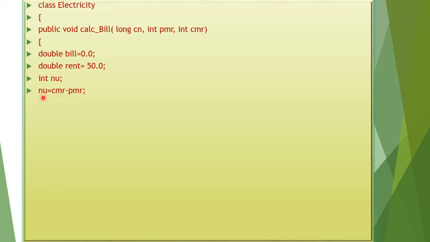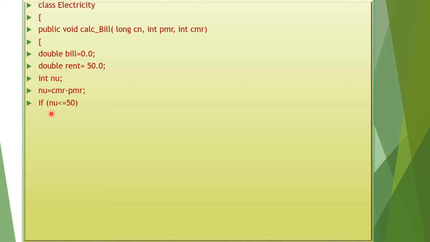That is, number of units is calculated by subtracting the previous meter reading from the present meter reading, that is current meter reading CMR minus previous meter reading PMR. Now based on the given conditions, we use if else statement for checking various ranges of units.